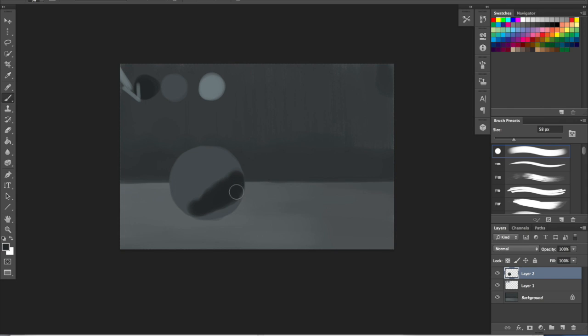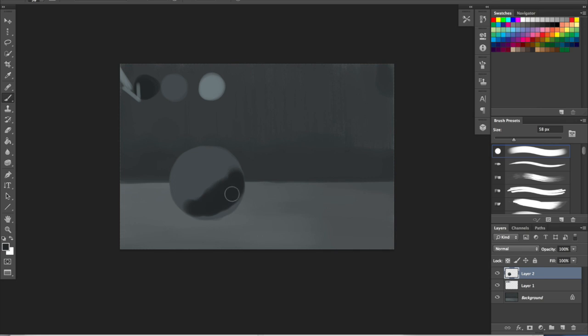Now, when many people show you the core shadow, they'll say it's this strip right here. It's kind of, but it's also kind of not. And I'm kind of exaggerating the tones here just so I can show you exactly what I'm going for. You can see here how I am not pulling this shadow all the way to the bottom of the sphere,